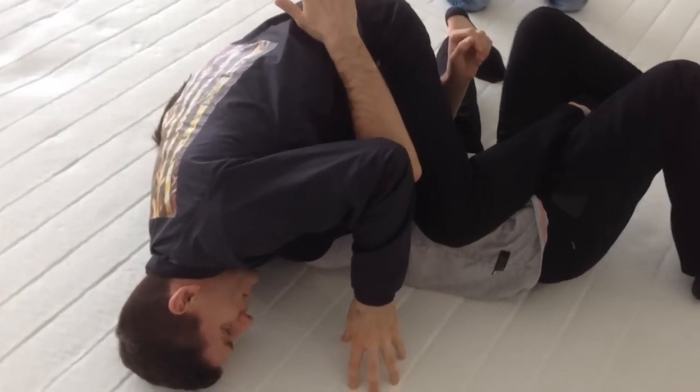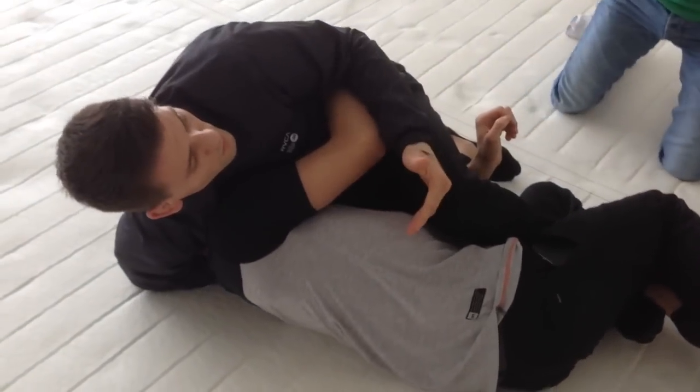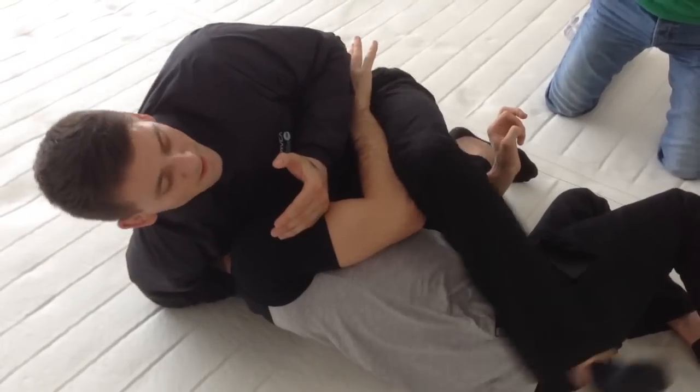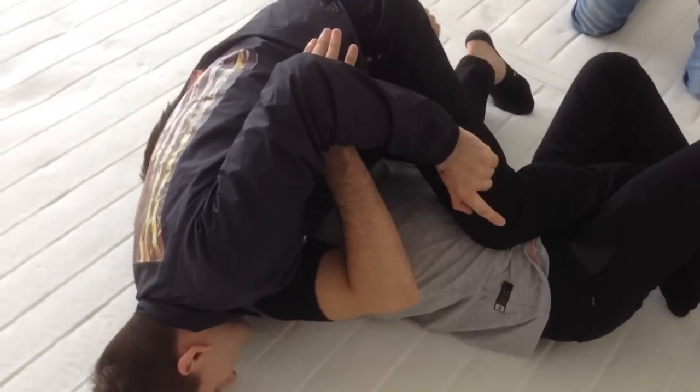I don't need to touch the mat, because a lot of times when I do this, he's gonna try to use a butterfly sweep, or he's gonna try to bridge up and do something. That's when I step over, because it's better if I can kind of mount, you know. But when I go here and I start putting my knee to the side, I touch my forehead on the